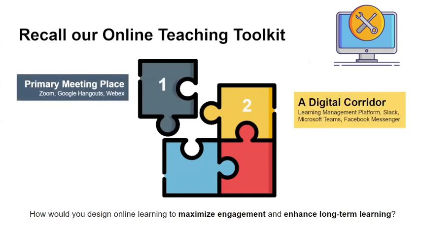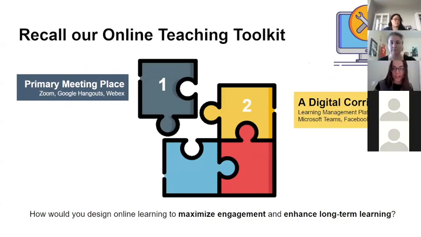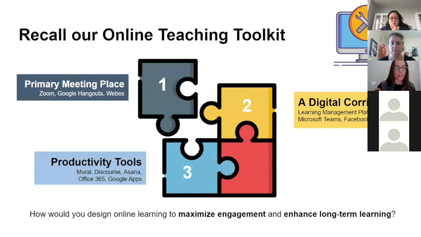Okay, just going to unmute myself. So hopefully throughout the presentation, you learned a little bit. This is not supposed to be the most thorough presentation about every single element here, but you learned a little bit about face-to-face meeting places or primary meeting places, the different types of digital corridors that you can set up, the productivity tools that you can employ to help folks actually do the activities that you're expecting them to do,